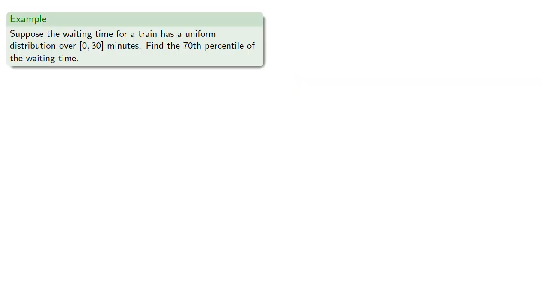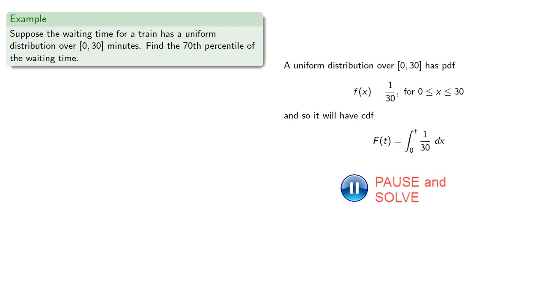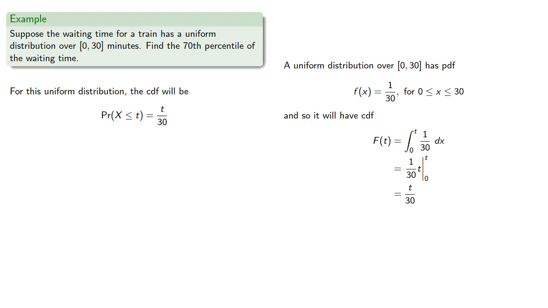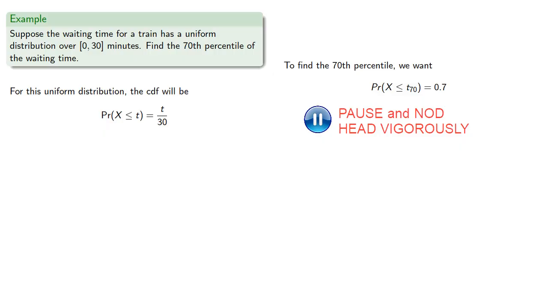So, for example, suppose the waiting time for a train has a uniform distribution over the interval 0 to 30 minutes. Find the 70th percentile of the waiting time. So a uniform distribution over this interval will have PDF, and so its CDF will be, and to find the 70th percentile, we want the probability that x is less than or equal to whatever that is to be 70%. And so solving that gives us